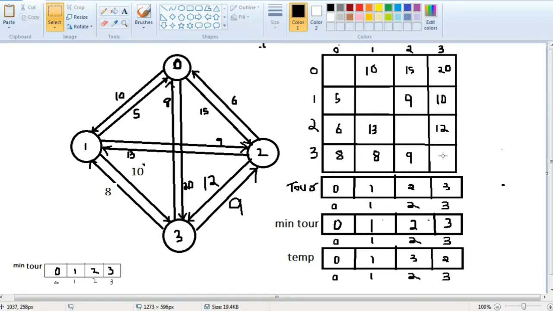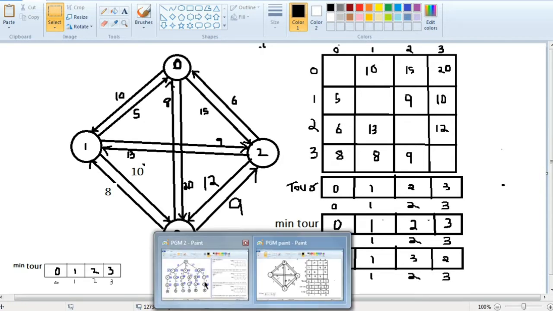After knowing this, what we have to do is use the traveling salesperson algorithm to travel with the minimum cost. See, there are many possibilities, right? I could travel from 0 to 1, then to 2, then to 3, or 0 to 2, then 3, then 1, like that, or 0, 3, 1, 2, like that. Many possibilities will be there. So let's see all the possibilities and the associated cost with each.